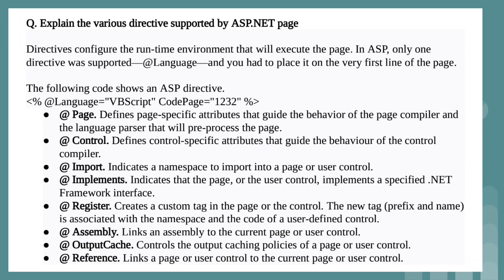This particular directive controls the output caching policies of a page or user control. It deals with the way the output is going to be displayed on the screen, or whether all the events like postback methods are properly initialized or not. The content related to output is controlled with the help of output cache. Cache is a kind of memory which will store the activities or the output displayed till now. That information will be available with the help of the @output cache directive.